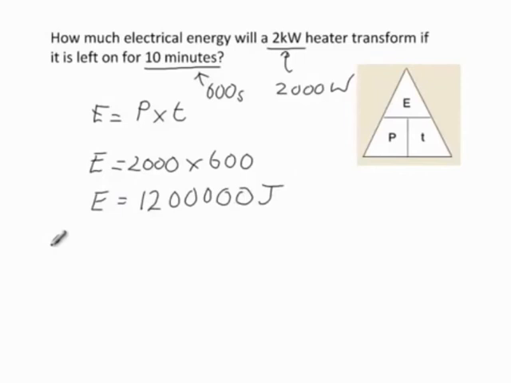Okay, just to sum up then, we know that power is how quickly energy is being changed. We know that the formula for calculating power is the amount of energy changed divided by the time taken. Power is measured in watts, and when we're doing calculations we need to make sure that the power is in watts and the time is in seconds. We can use our triangle